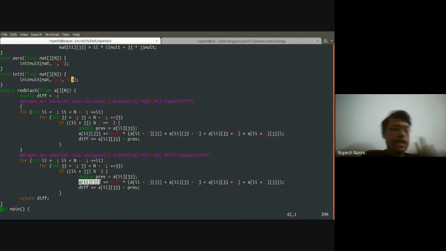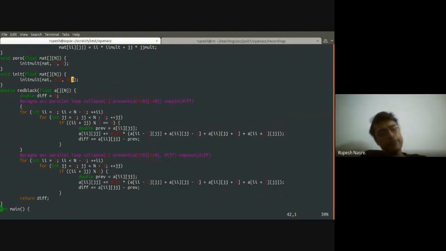Therefore, as far as A is concerned, there is no real difference between the clauses between the two. Collapse clause also you can use in both the cases, because the for loops are consecutive. In this case, there is no statement in between the two for loops. If there would have been some initialization between the two for loops, then the collapse clause will not be applicable.